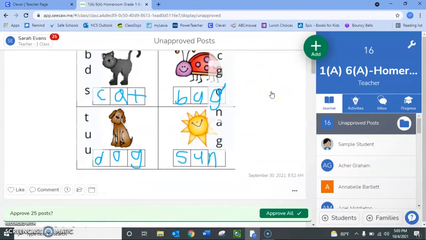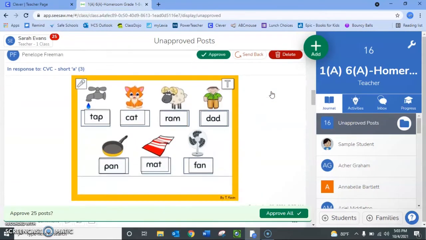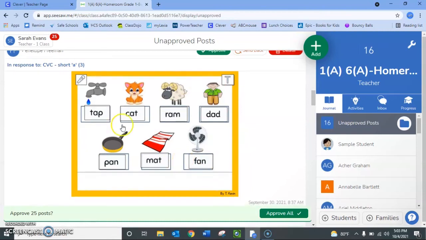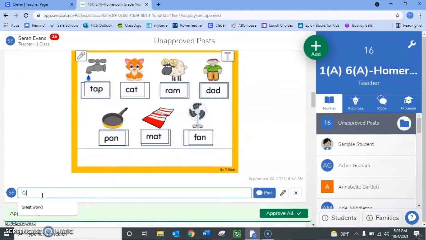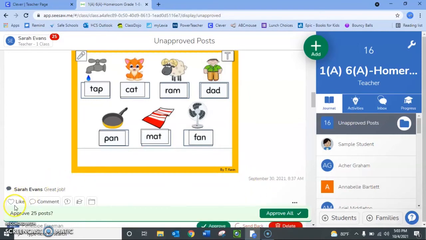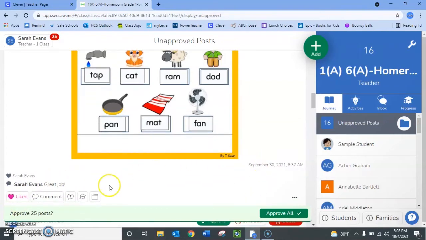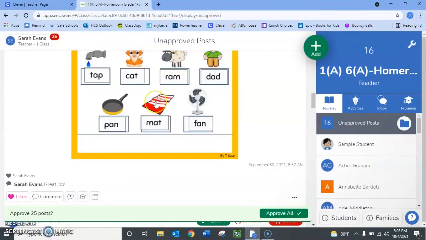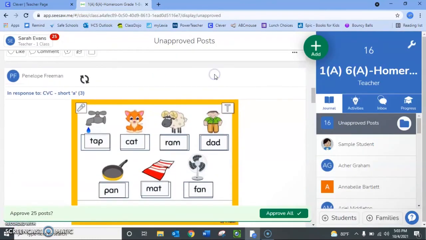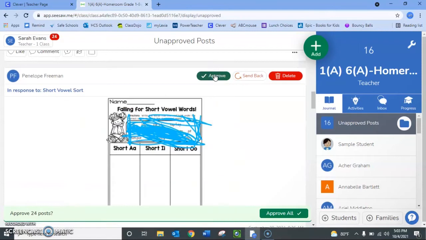You have 3 options. So let's say that my child turned in this right here. Okay, she did it right. Everything on here is right. So I could comment and say great job. I could like the post. I can also record a comment by recording right here, and keep in mind this is a private note so no one can see it, and then I can approve it